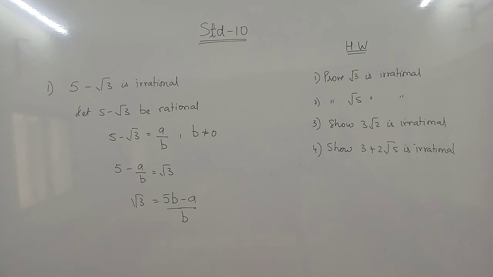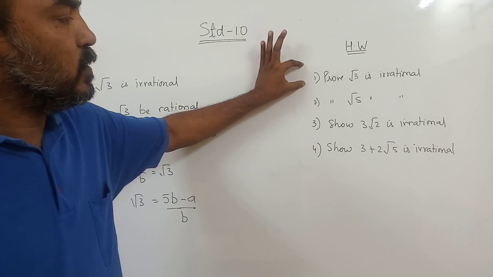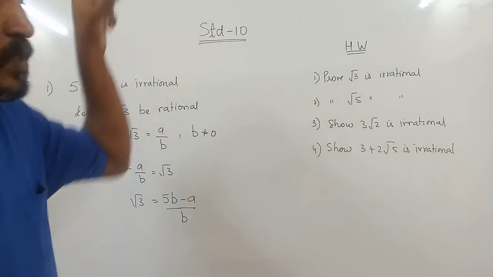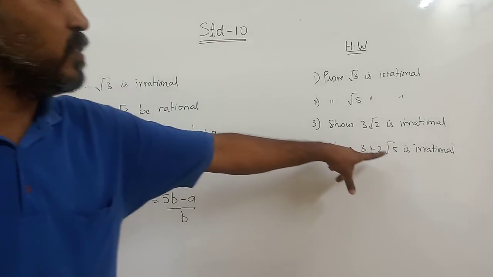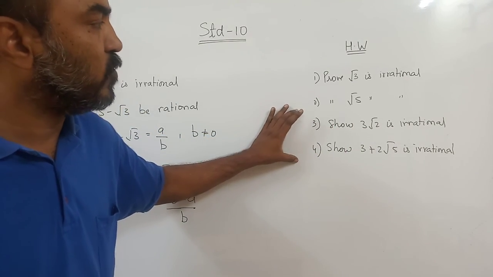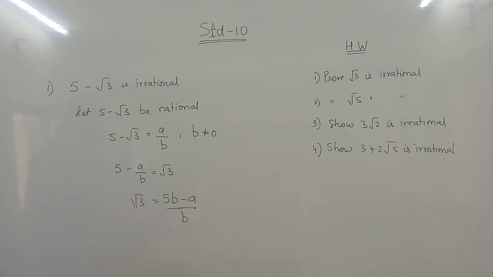Yes, you will prove it by the theorem method only, the long method. But the next 2 sums, show 3 root 2 is irrational and show 3 plus root 5 is irrational, have to be done by this short method. So this is a 1 or 2 mark method, but if asked as a 4 mark sum, you have to first prove this theorem. In this sum, you have to first prove root 2 is irrational and then prove this sum. In this sum, you have to first show root 5 is irrational, if asked for 4 marks. But they are only asked for 1 mark like this. And this can be asked as 3 marks, so there you have to do the whole exercise.